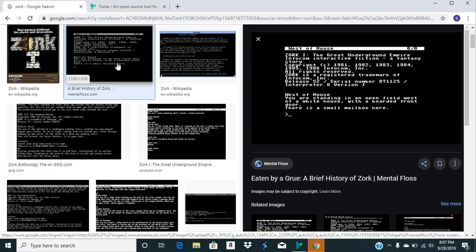Have any of y'all ever heard of the game Zork? It's not a very famous game. It was made quite a while back. In fact, on the screenshot right here, it says copyright in 1981. Yeah, it's kind of old. The reason why I'm talking about this old game is because it's probably the most famous, in my opinion, text-based